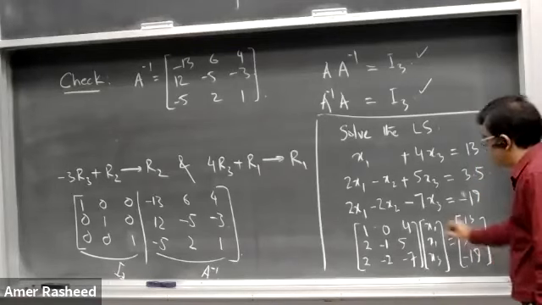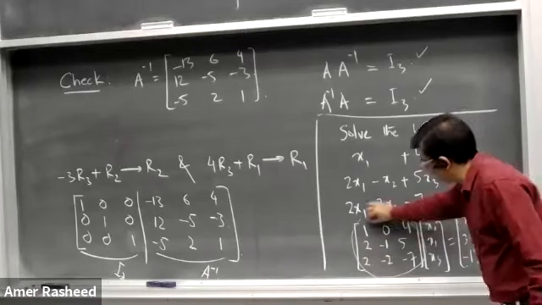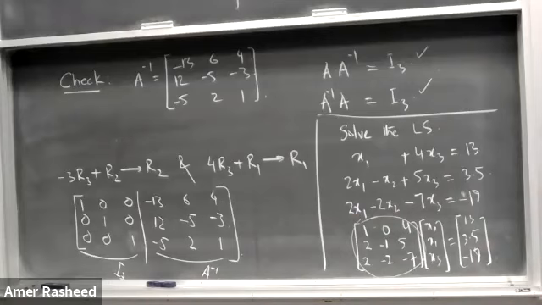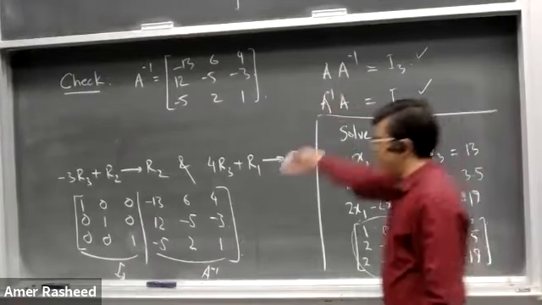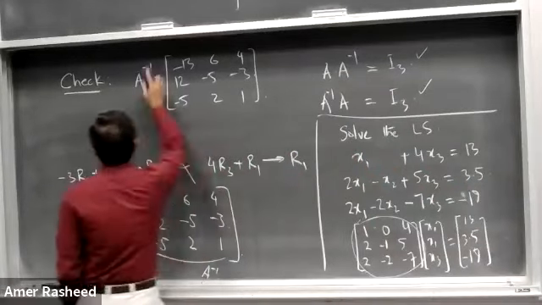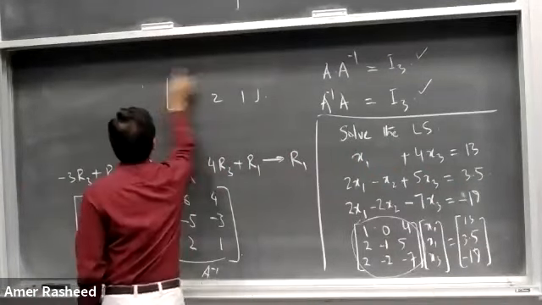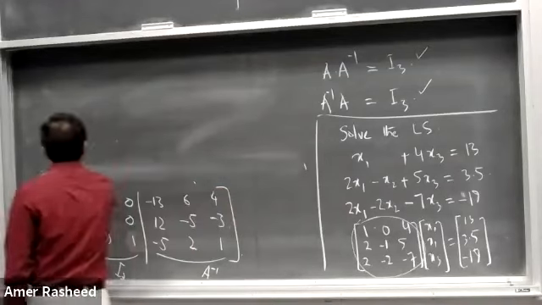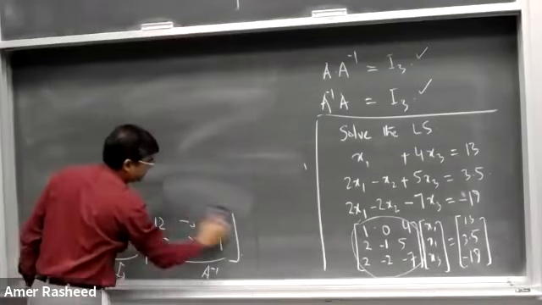Now this is your A matrix. You just find the inverse of this matrix by using these elementary row operations separately. If the inverse of that matrix exists, then you can write